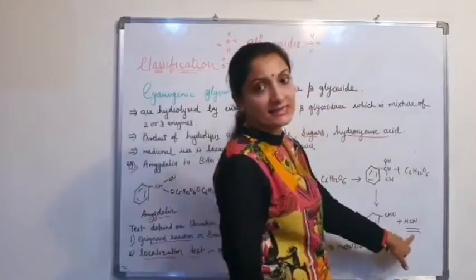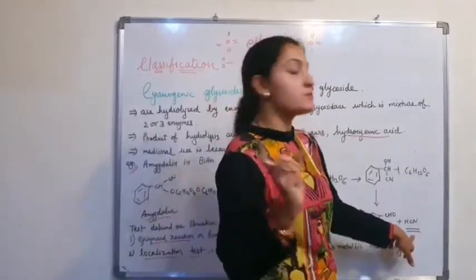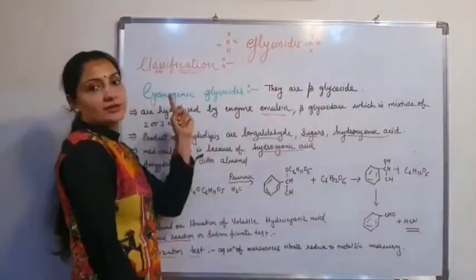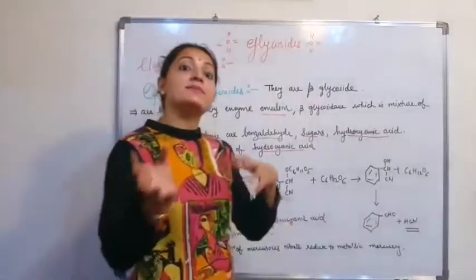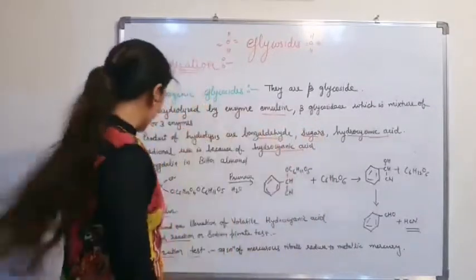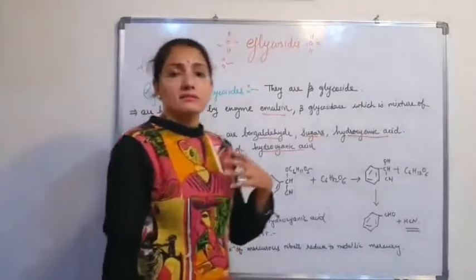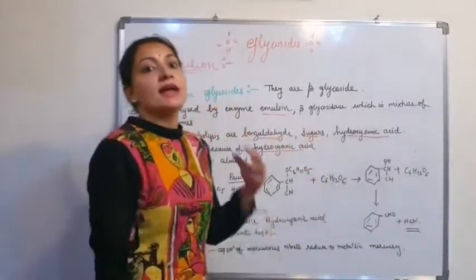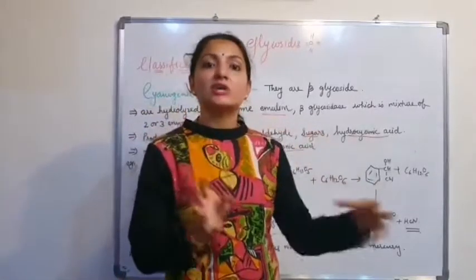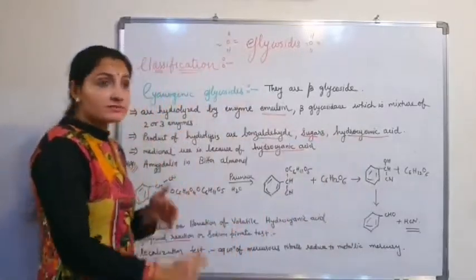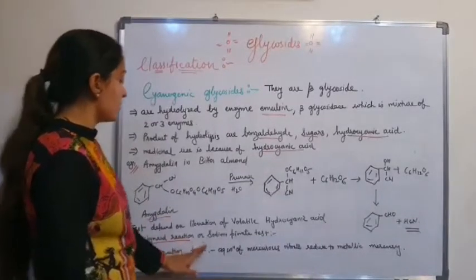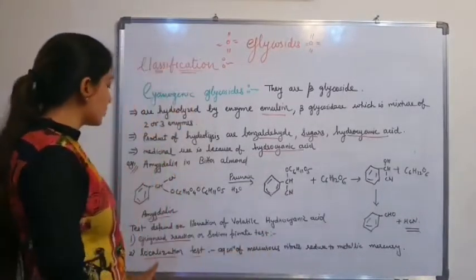The therapeutic effect is because of hydrocyanic acid, and because of hydrocyanic acid this glycoside is called a cyanogenic glycoside. So the best example is bitter almond amygdalin, which is in your syllabus. Now there are tests which cyanogenic glycosides give positive, because of the production of volatile hydrocyanic acid at the end. First is the Grignard reaction or sodium picrate test, and second is the localization test.